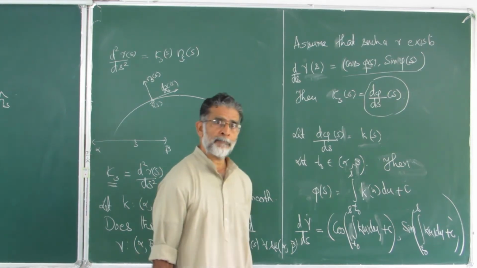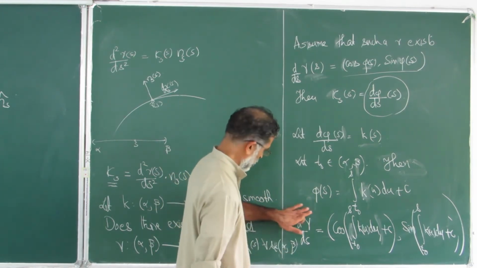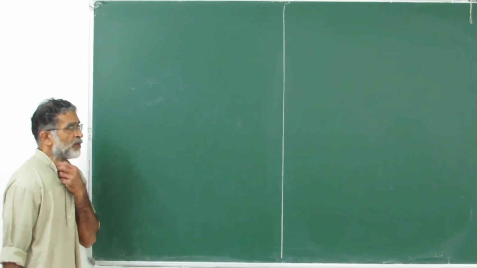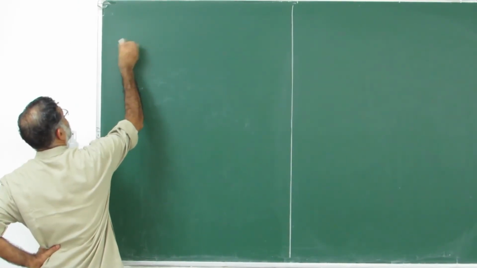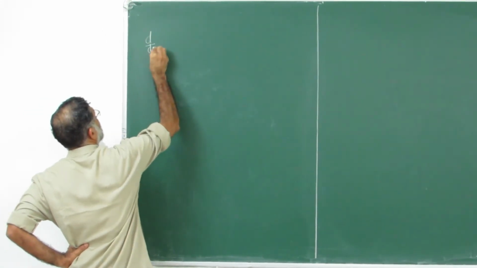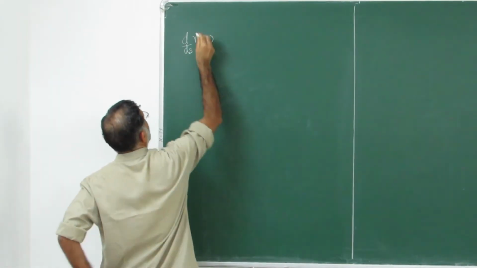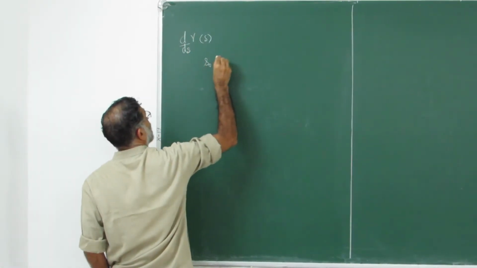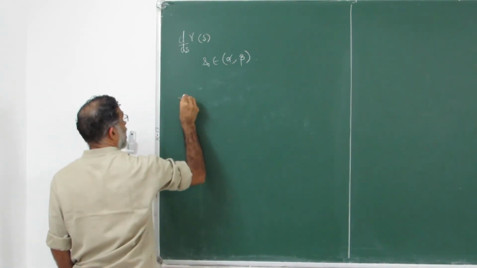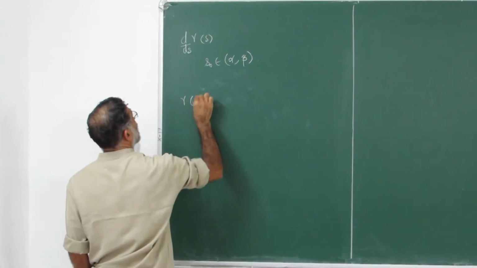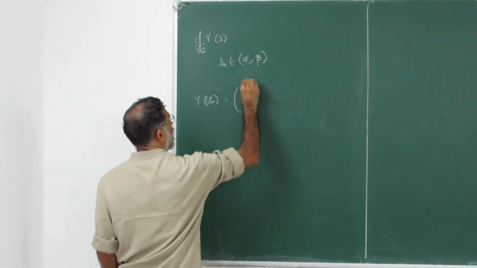Okay? There is no dot there. Gamma. Yes. Okay, from that expression we can write gamma. We have already given what is d by ds of gamma at some point s. So you can take another point s0, fix s0 in alpha beta, and then you write gamma at s as the integral from s0 to s,